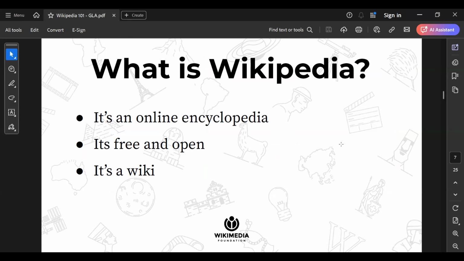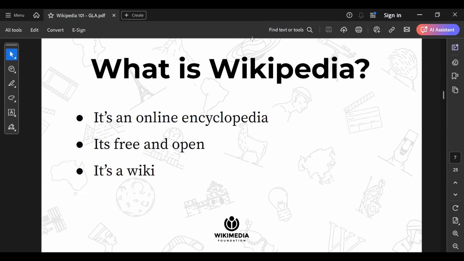Wikipedia is a wiki. Many people would think of WikiLeaks, which used to exist as part of the Wikimedia project. No, wiki itself, I think it's a Hawaiian word that means quick. It is also a collaborative platform where individuals can edit on the go. So you'll be able to contribute just like how Google Docs works. You can edit content at the same time from different locations. So that's basically what a wiki is.